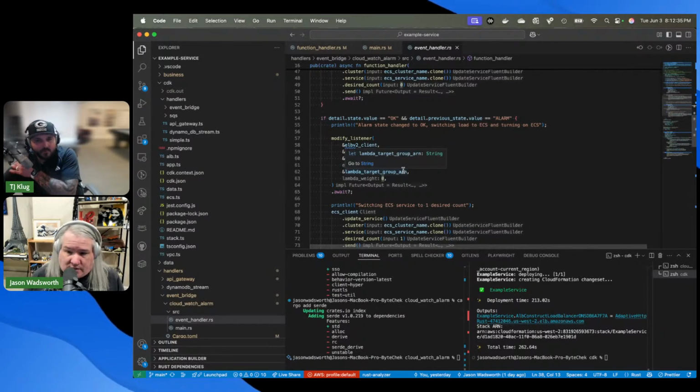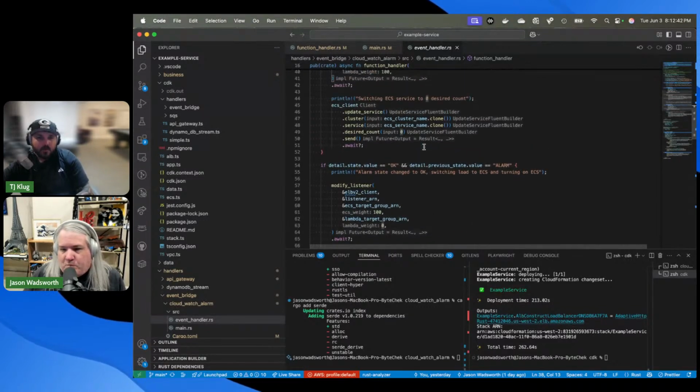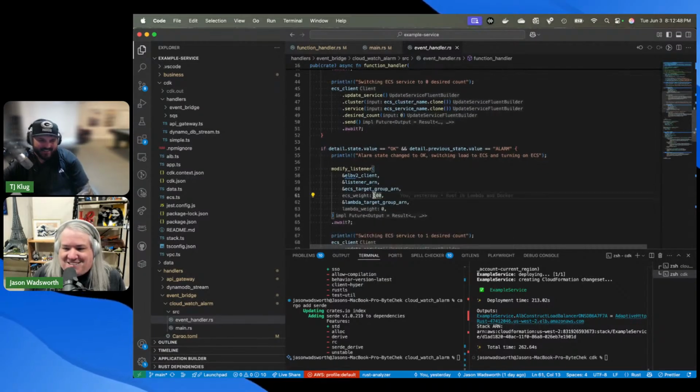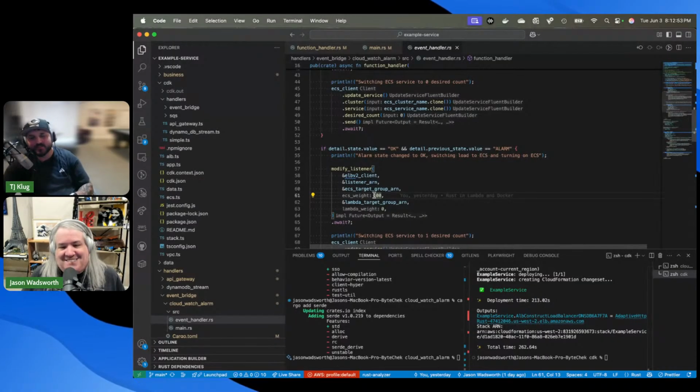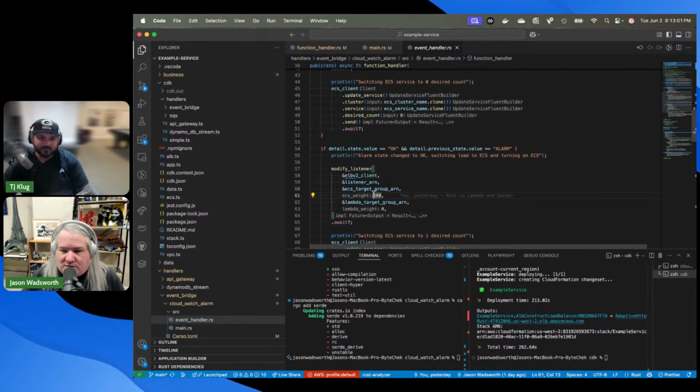One of the cool things here that's important to know is, ECS takes a little while to spin up, right? So if I have a container, what's cool is until this health check hits okay, even though it's at 100%, it'll fall back to Lambda. Right, because it won't make the switch until the health check. Yeah, it's basically like, hey, the health check's not good, so I'm going to still send load over to this guy until it's good. So I didn't have to deal, like I was starting to go down that path, and I'm like, oh, I don't need to. So that's actually really cool. It ends up making this pretty easy.